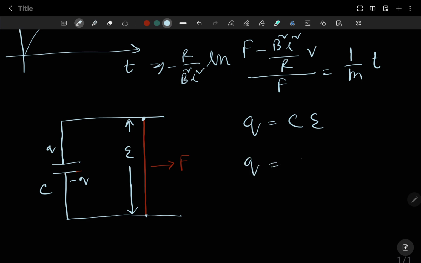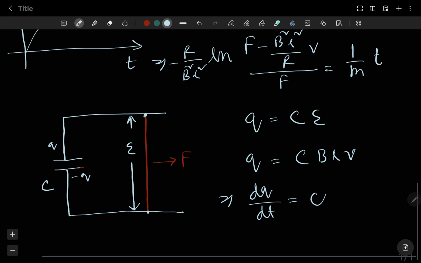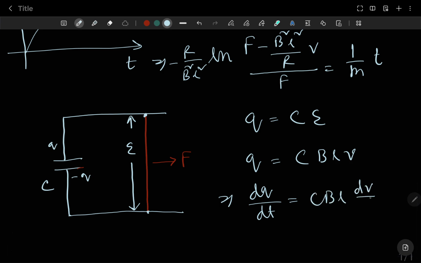So Q is C BLV. If I do dq/dt, I get the charging current. So it is CBL dV/dt. L is the length of this rod, so dq/dt is I, so I becomes CBL dV/dt, which is CBLa. Alright, clear? So now this charging current also flows through this conductor,